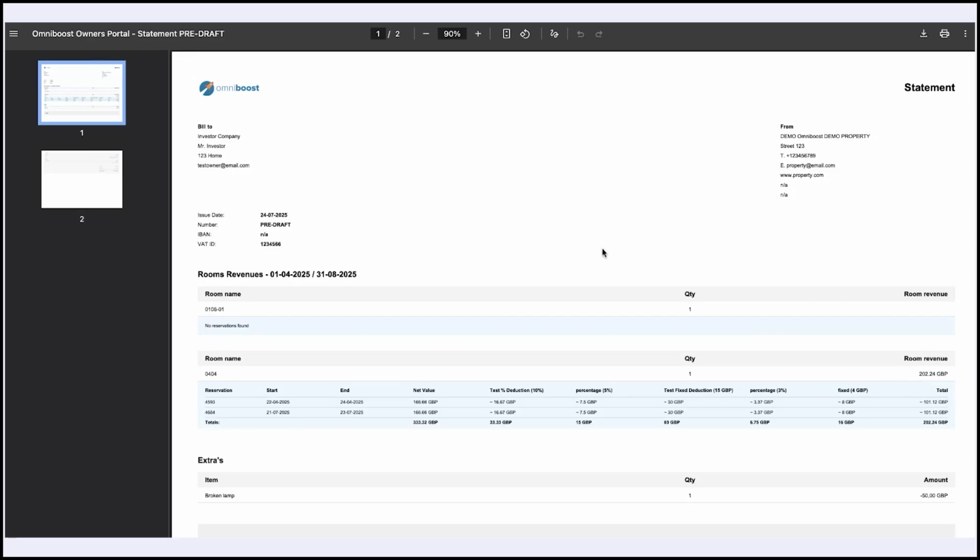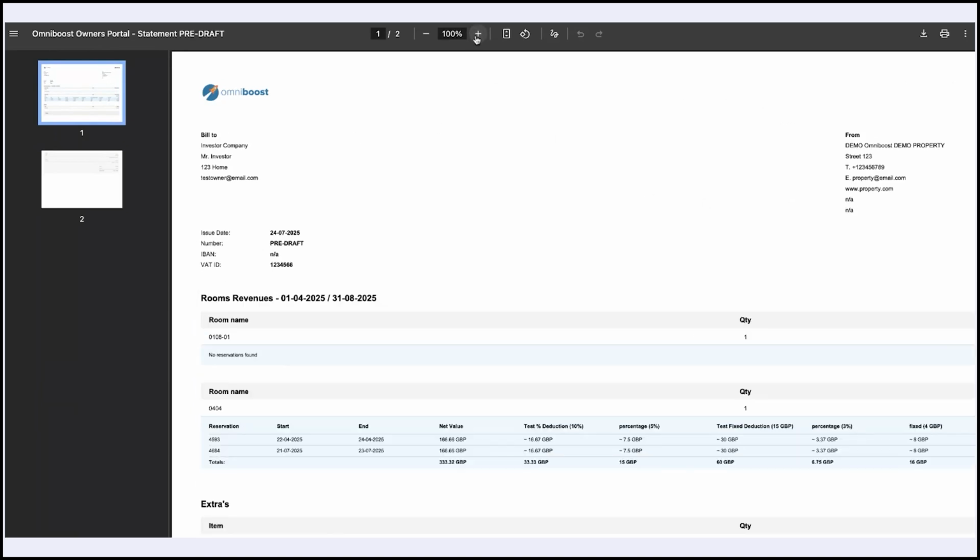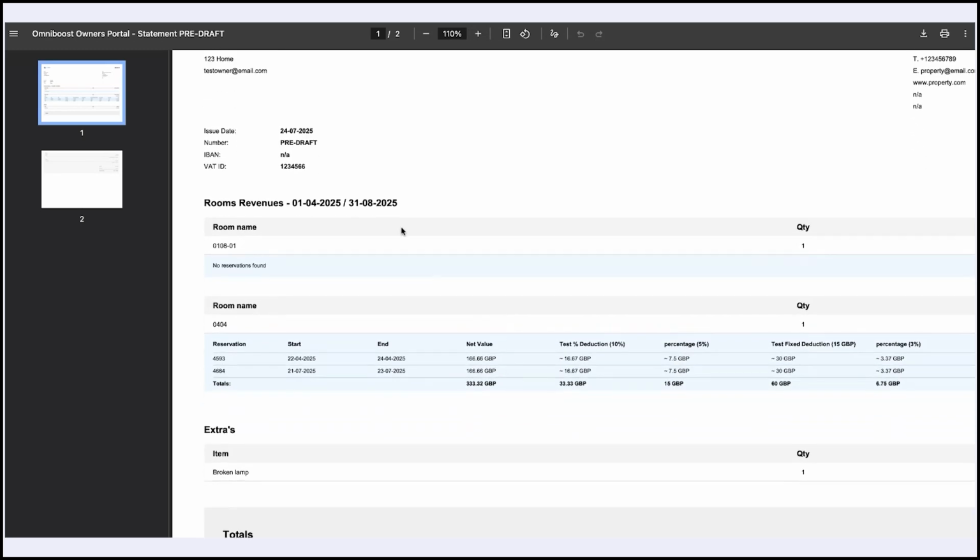Here is an example statement that you are able to generate. In the top right corner, you can see the name of this statement. You can change it to report or invoice, whatever suits your operations. In the top left-hand corner, your logo will be visible. In this section below, we will pull information from the owner profile, and then over here, information from your property profile. If we zoom in a little bit, we can see information about when the statement was issued, additional information